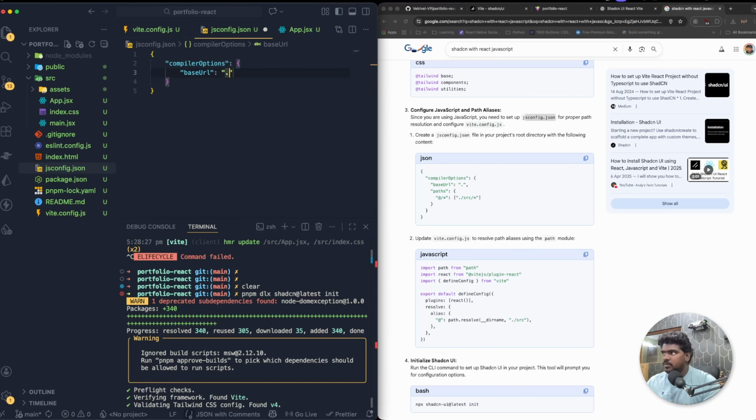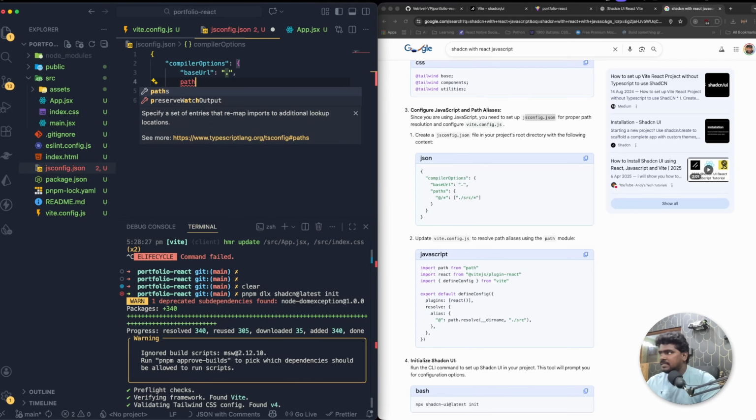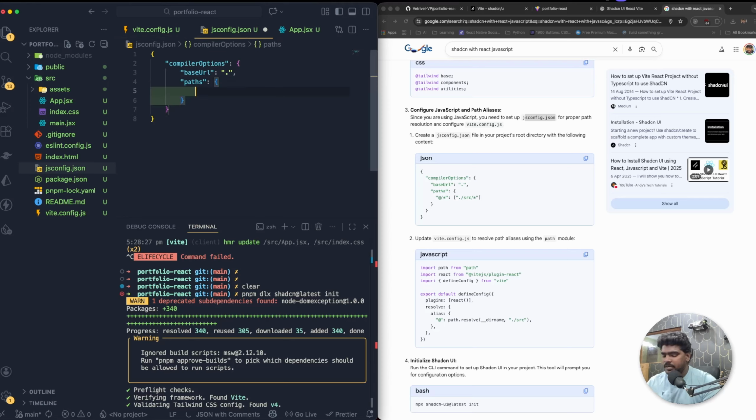Get that baseUrl property, and I'm going to keep the dot. Then I'm going to bring the paths, open it, and I'm going to set the paths as @/*, which is going to be mapped to ./src/*. So basically what we are instructing over here is